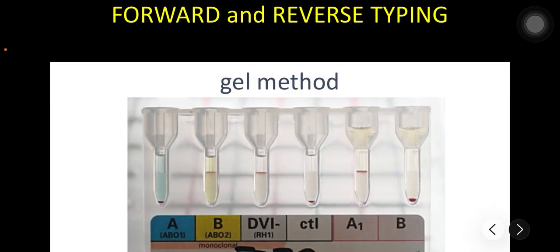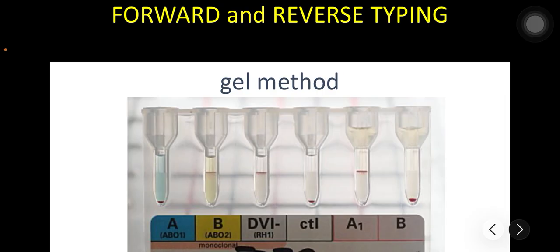Now let's talk about the gel technology or the gel method. It's also known as column agglutination technology, or the CAT. It's a method of blood typing that uses a plastic card containing specially designed microtubes to detect antigen-antibody reactions. So it was developed to standardize traditional testing. This method now eliminates the need for manual tube shaking to resuspend red cell buttons, providing more objective and reproducible